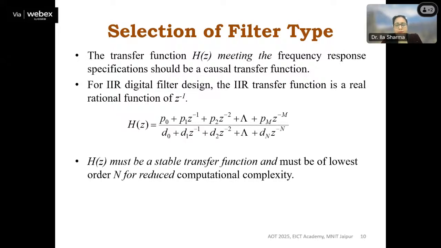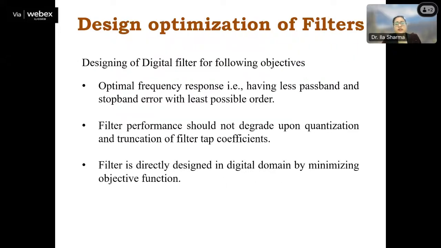The complexity of designing or realizing this filter depends directly on the order of the filter. You have heard about second order, third order, and fourth order filters.